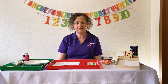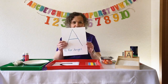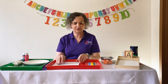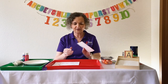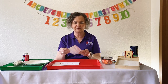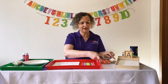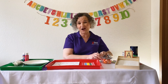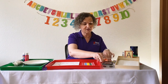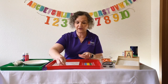So the first activity that we're going to do today, I've written A is for Angel on a piece of paper, and you can give your child some stickers, just plain stickers, and taking those off of the sheet gives them some fine motor activity. Or you can give them some buttons or rocks, beans, cereal, anything that you have around the house, and they can take those and just lay it over the letter